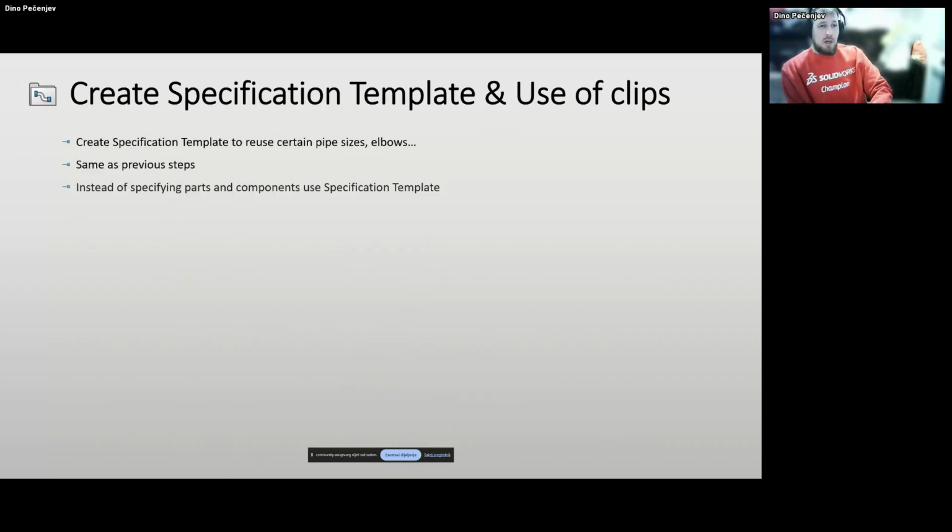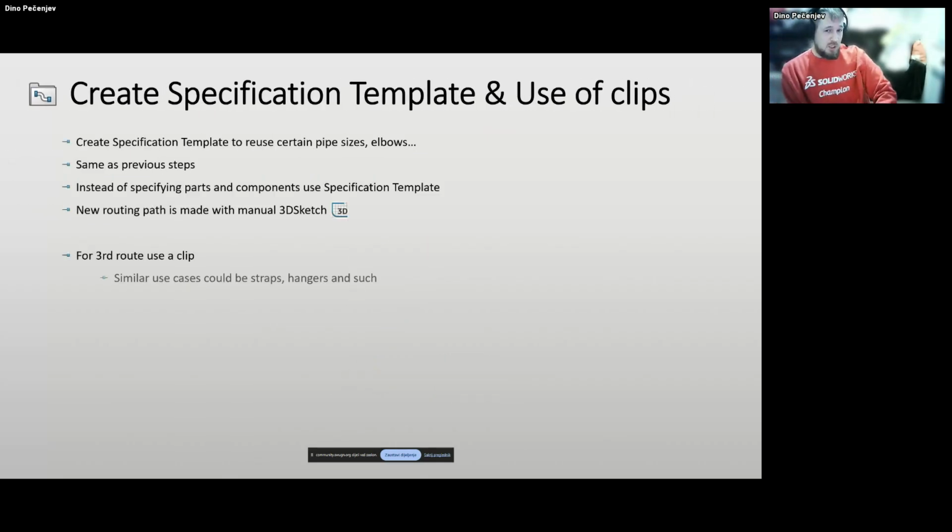So I mentioned the route specification template. This can ease up the whole process. If we know that we are frequently using some sizes, we can create a certain template for this and always reuse it.